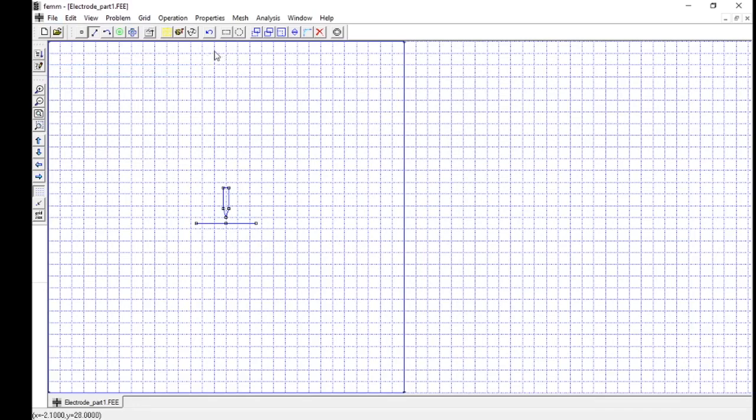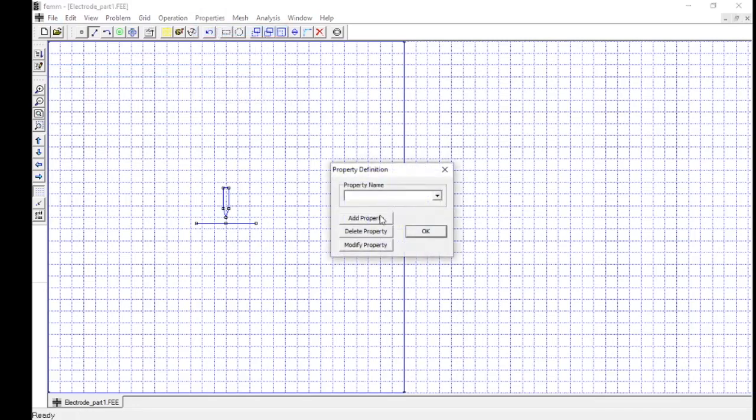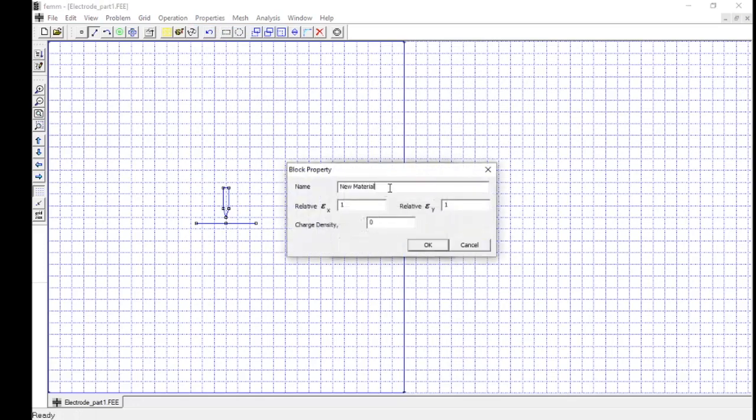To define the materials, we'll go to properties and materials and we'll say add material, and we'll be using air, and relative permittivity is by default 1. And then for electrode material, actually we'll choose copper, but again its relative permittivity is similar to that of air.